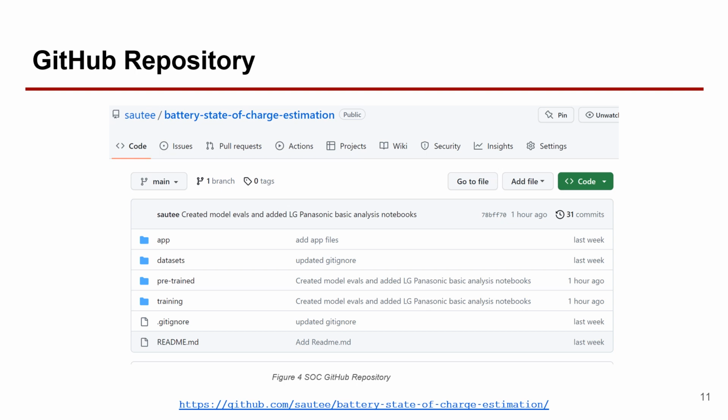And the training folder is where you have the code to train the models. You can recreate the models that we made with this project, and you can add even your own training code and add to the pre-trained models available in this repository. The goal with this is to allow other researchers or students to clone this repository and to further develop it and do their own work on top of the work that we have done here.